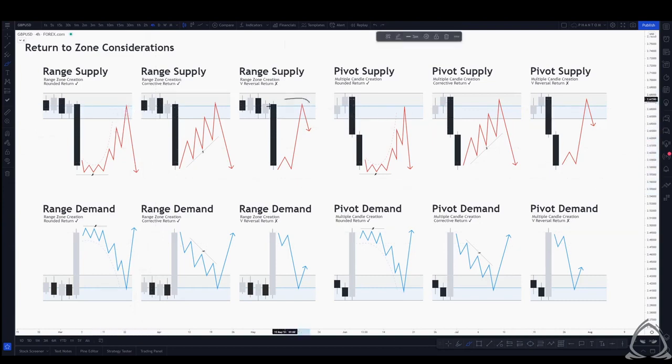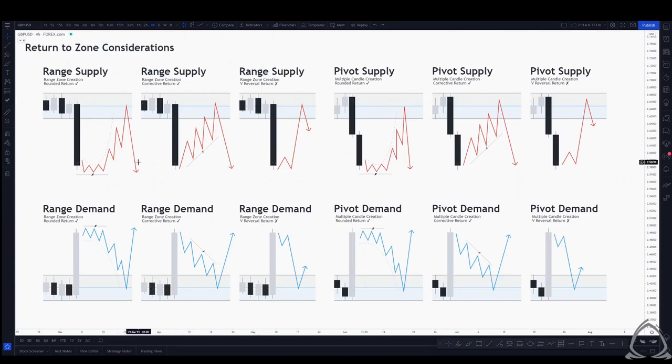Now, if the whole move is aggressive in, it's not great and it's low probability. But if that last little re-entry into the zone is high momentum or larger volatility candles, that often means that price is gearing up for a large move to the downside. What can be said is that there's a lot of momentum being pumped into the markets to get ready to push it down further. Just one final consideration to be thinking about when you're having that return to zone considerations